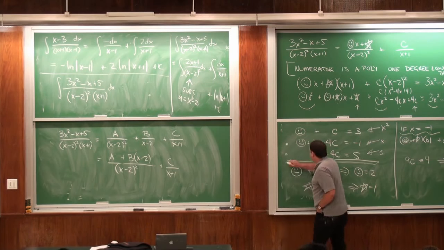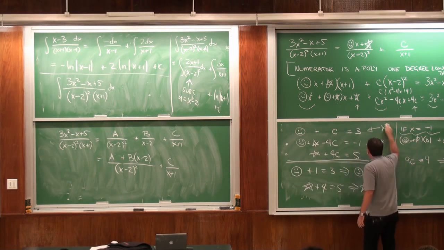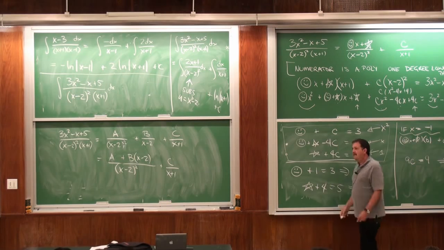I can do this, I can forget about the other method entirely, and just solve this by itself. So if you're confused by the other method, forget about it. Just solve these 3 equations and 3 unknowns. You'll get the same answer. I guarantee it. But it's slow. It sucks. But you're welcome to do it.